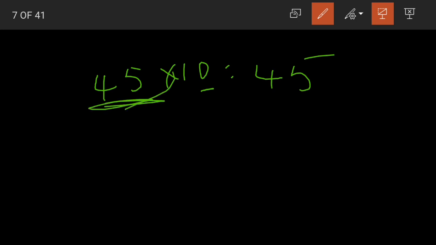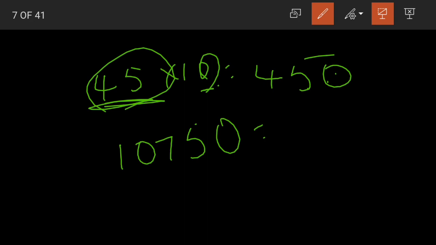Suppose I have 45 into 10. Now how many zeros are there in 10? 1. So even in the product, beside the multiplier, I should write 0. 1 0. Yes, 10 has 1 0. So 1 0. Even if it is a very big number like this,